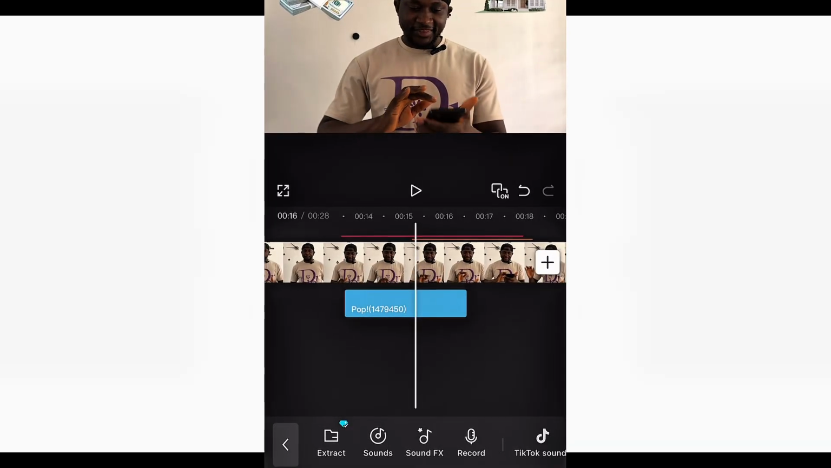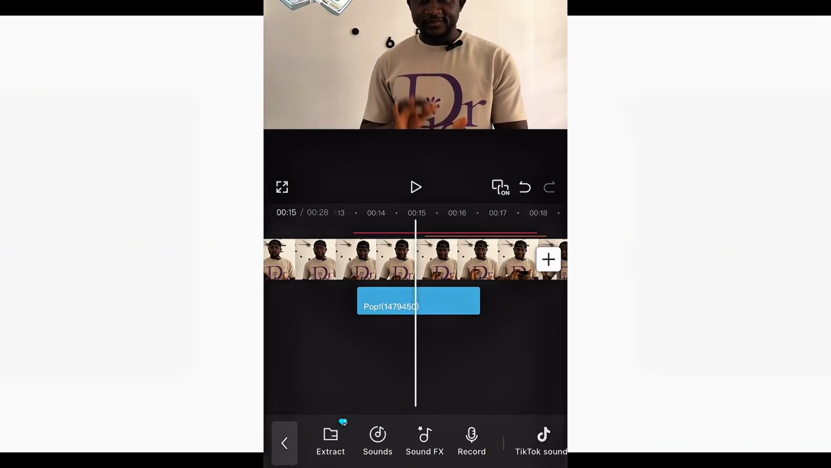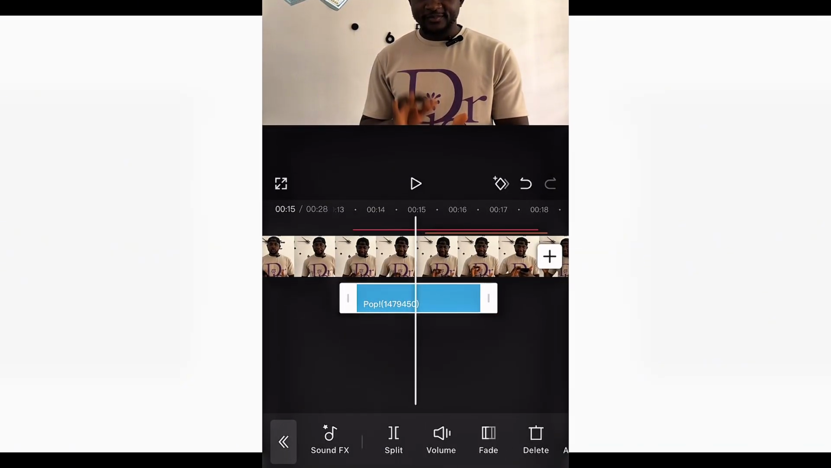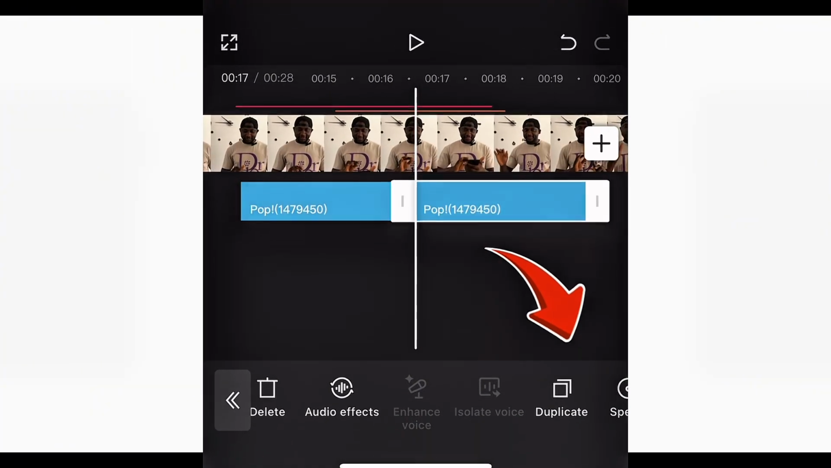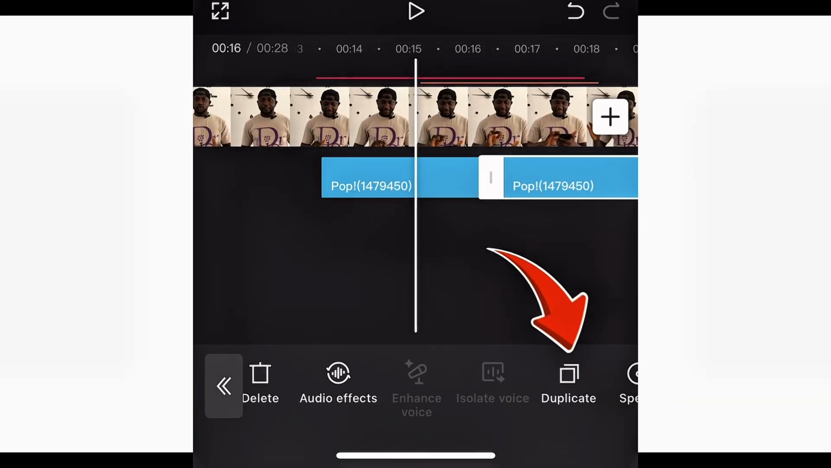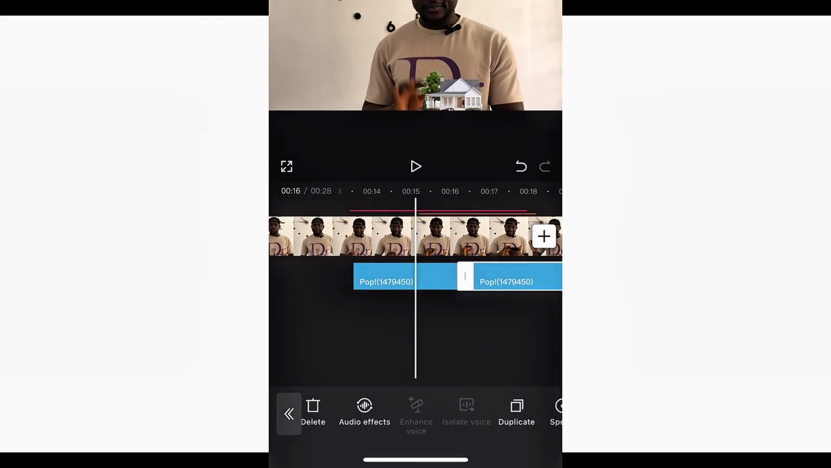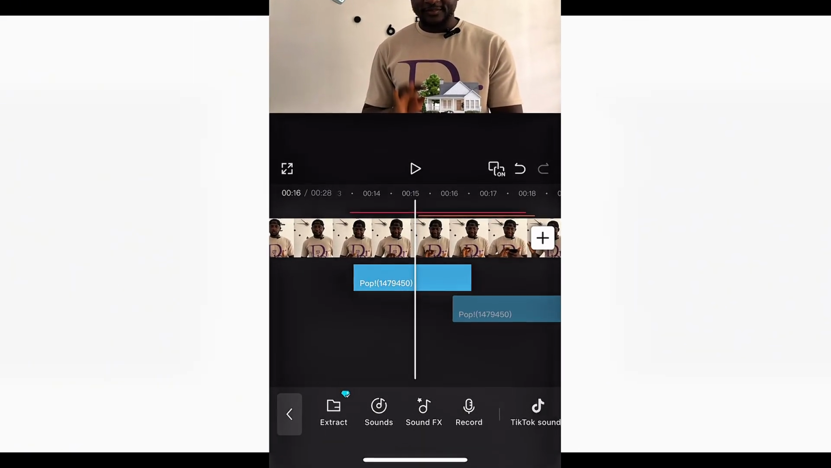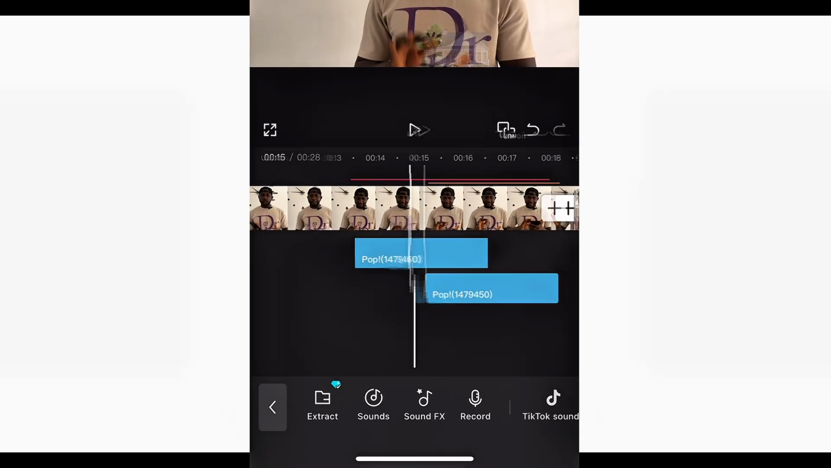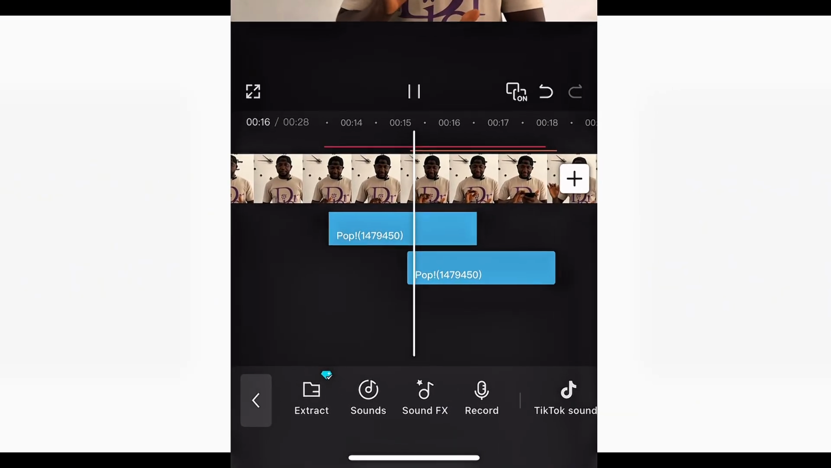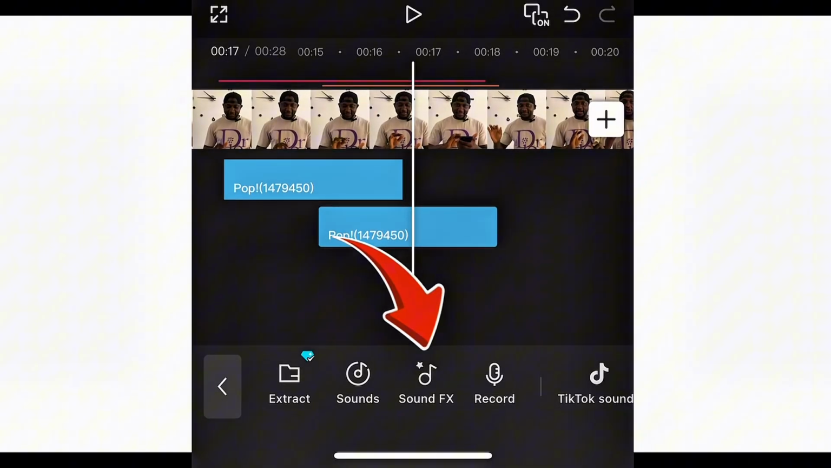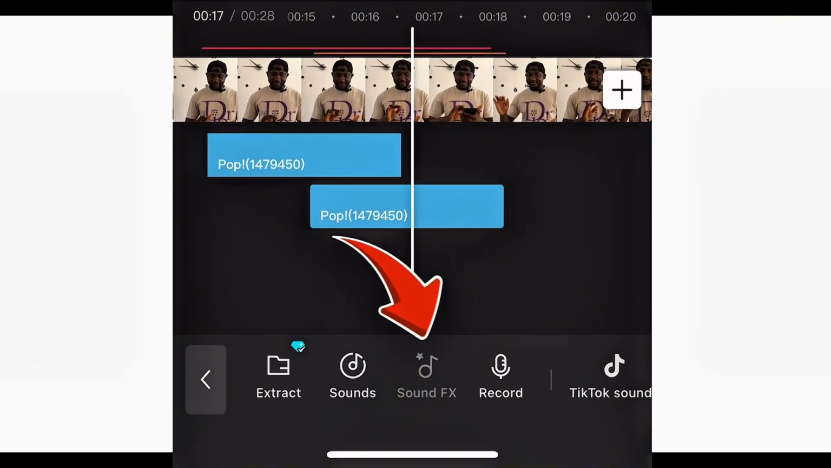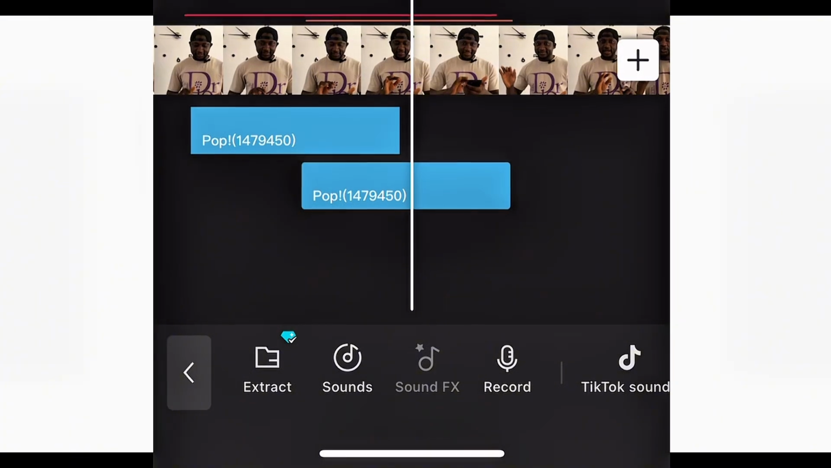Then this sound effect, I can duplicate it to get more of it. Then I duplicate and I have to drag it down here. Then this very one here, I will also get a different audio for the credit alert,